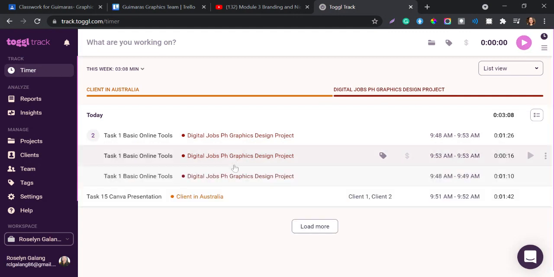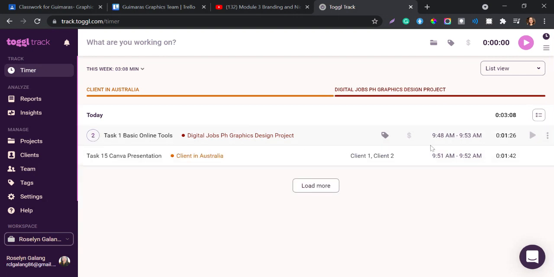Click on that and you will see here how many times I worked on it and what are the time for it. So I worked on it first time 1 minute and 10 seconds and another the 16 seconds. So it automatically adds up. So if you unclick this again, you've already worked on task number one basic online tools for a total of 1 minute and 26 seconds. So that's how you track